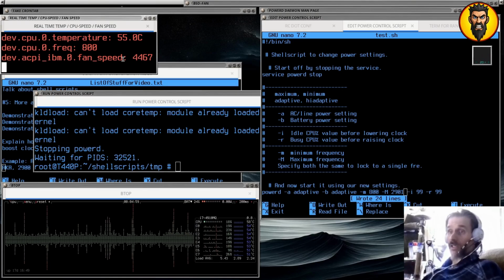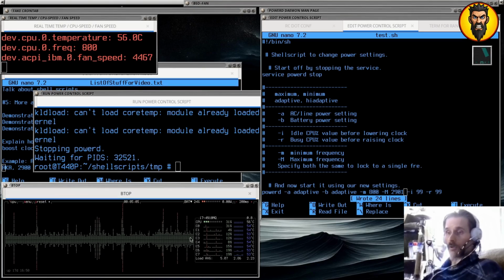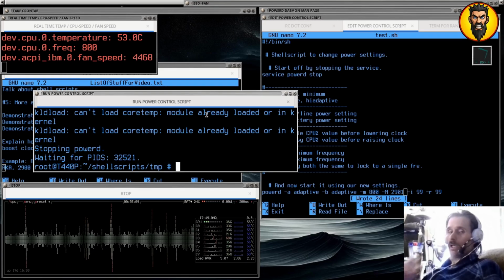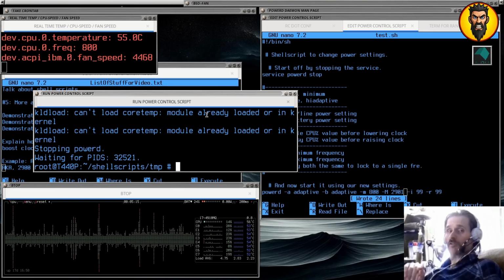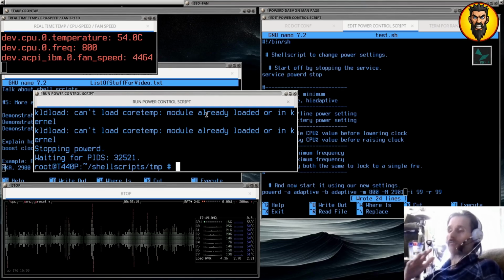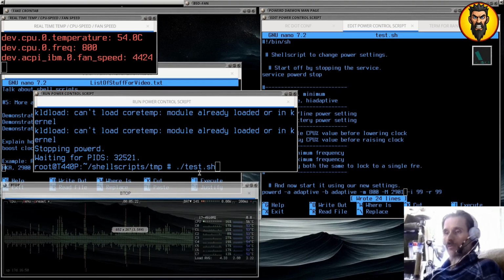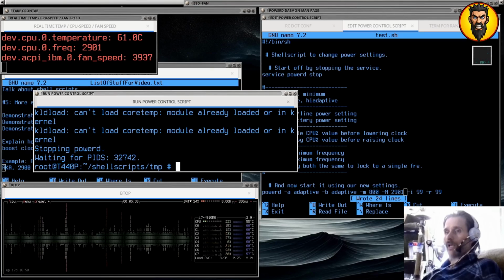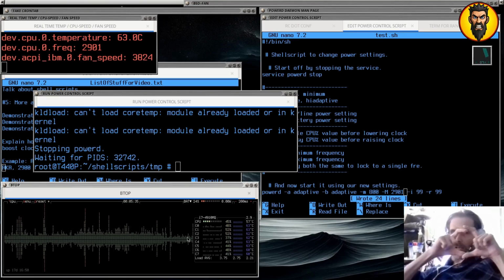Now, we're still at 800 megahertz. So you see how high the load on the system is. And what we're going to do now is immediately, because I've already saved that shell script, when I run it, it will change the maximum clock up to maximum boost, which is 4 gigahertz roughly. Okay, now watch the graph. Watch that graph down here on this window when that happens. Okay, bam. Clock rate is 2901 maximum boost, and you'll notice it immediately,